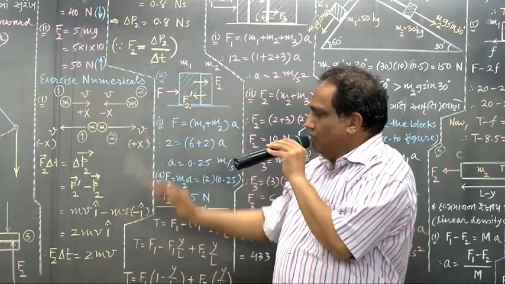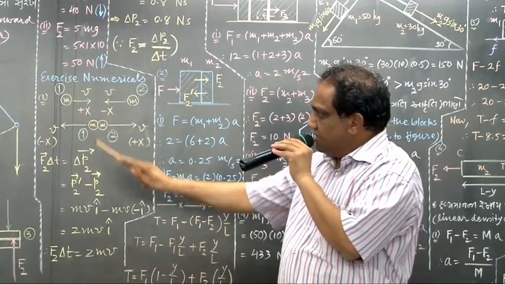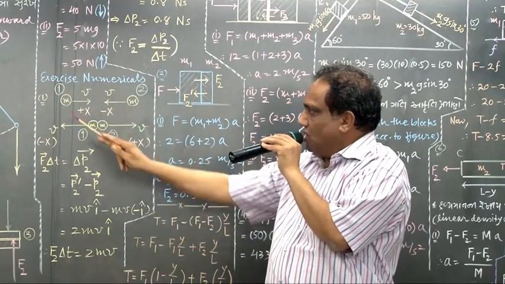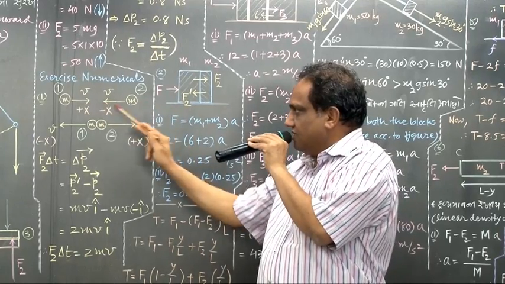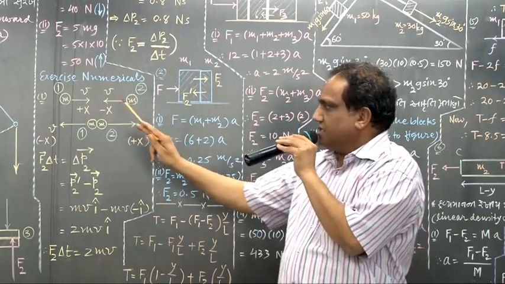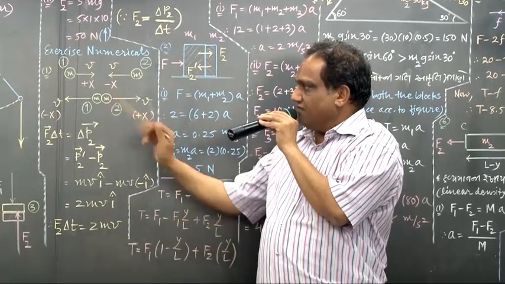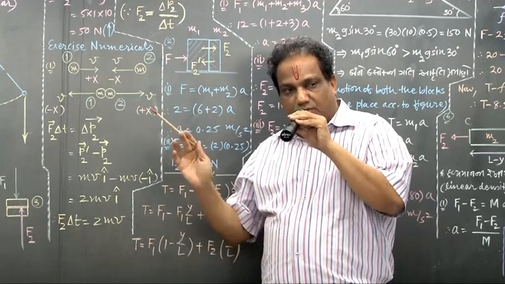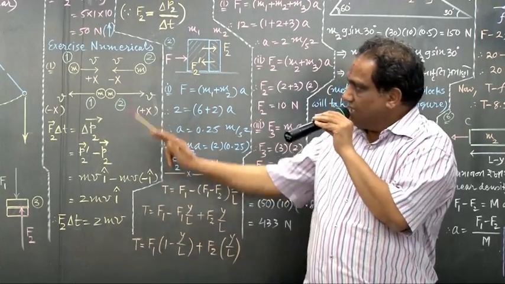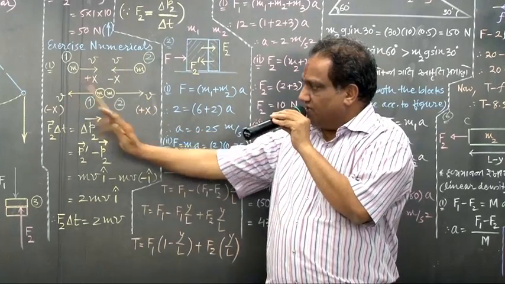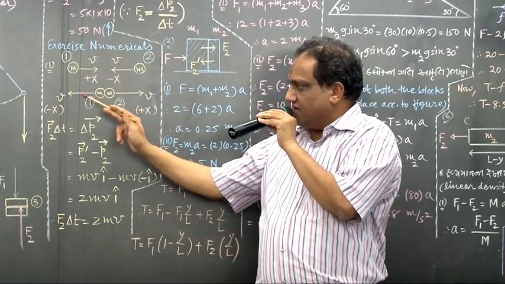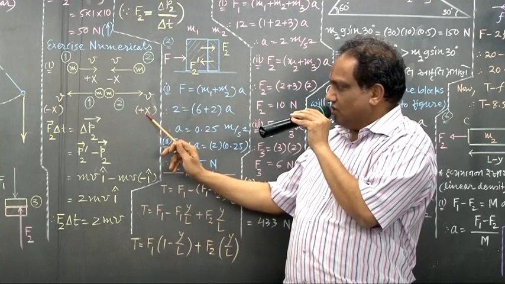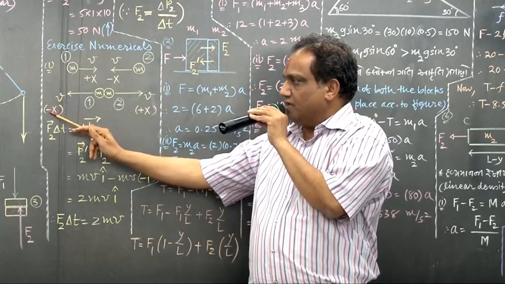Here we have two bodies having the same mass, say each of them has mass m. This is body number 1, body number 2. On the same axis, they are moving towards each other with the same speed, so naturally somewhere they will collide. After collision, they get bounced in opposite directions with the same speed. Earlier also the speed was v, now also the speed is v. Body number 1 is moving towards the left-hand side, body number 2 towards the right-hand side. The right-hand side axis we normally take as positive x axis, so the left-hand side should be taken as negative x axis.